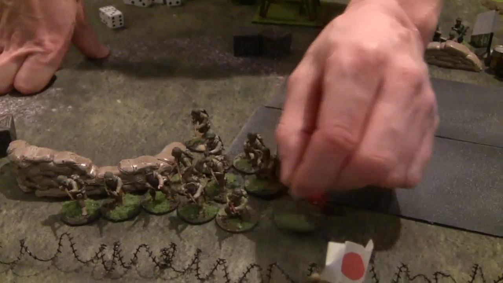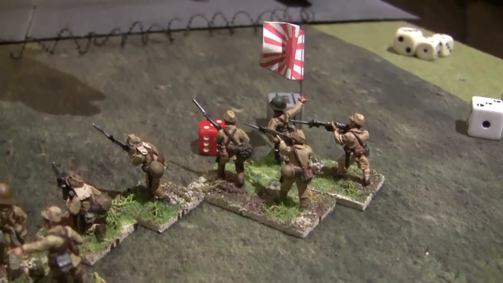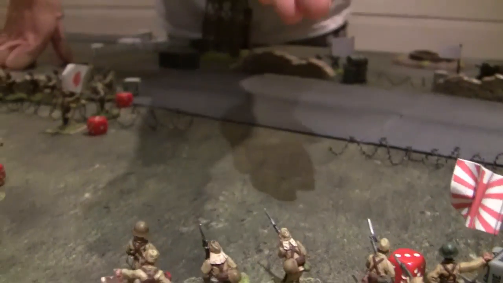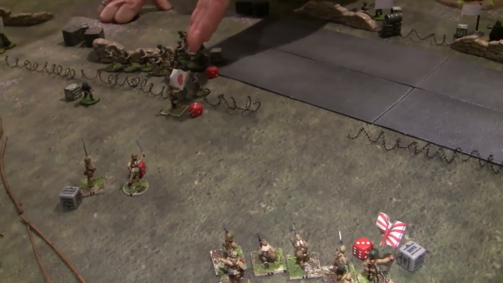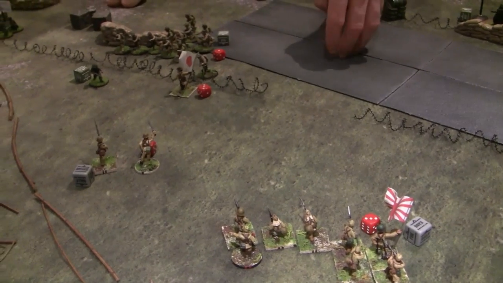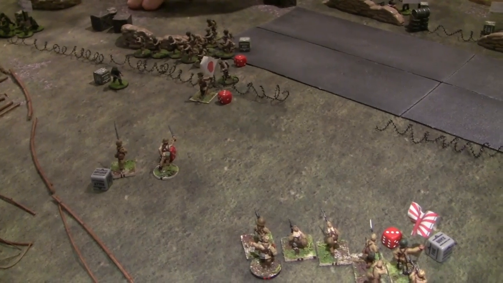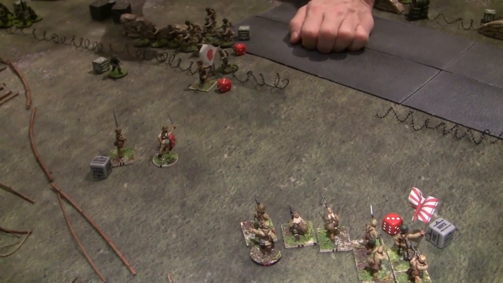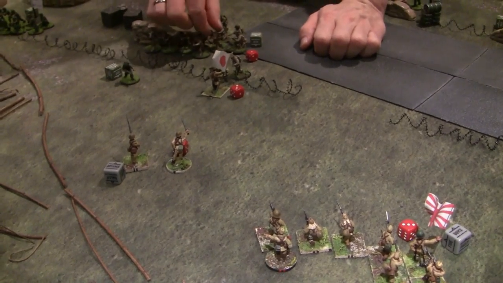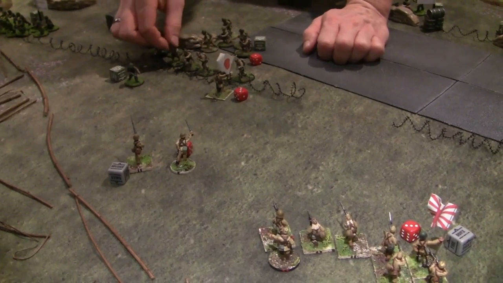The reason I move them is because I want to be up to the barbed wire, because if he uses his special rule, then he has to move straight towards the closest visible enemy, and that's going to be them. And if he is moving straight up here, then he cannot enter my zone. So that is just to make sure that he will be stranded behind barbed wire, making it more difficult for him to enter my zone. So they are just gonna move up here, and then we are gonna do some shooting